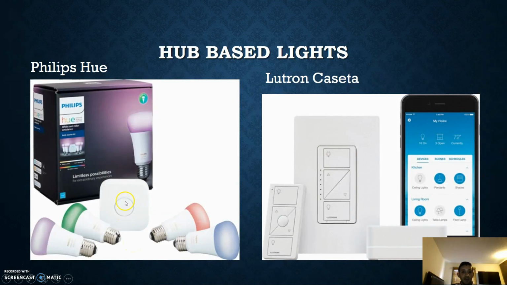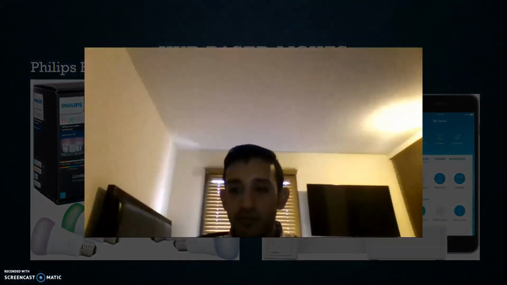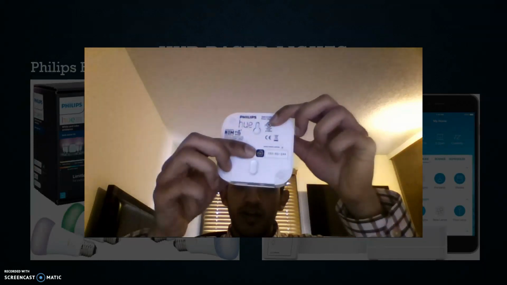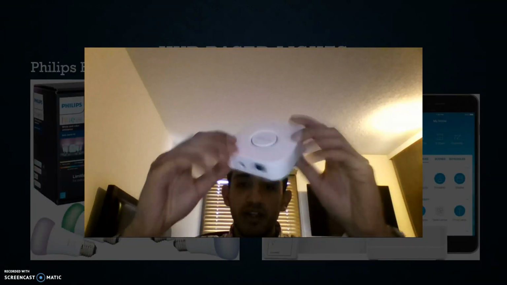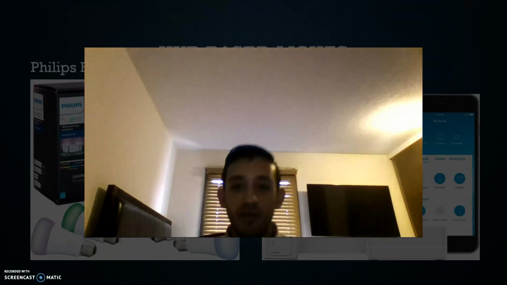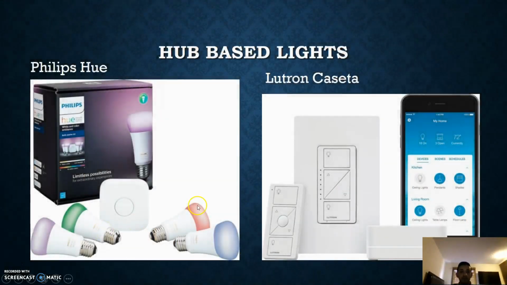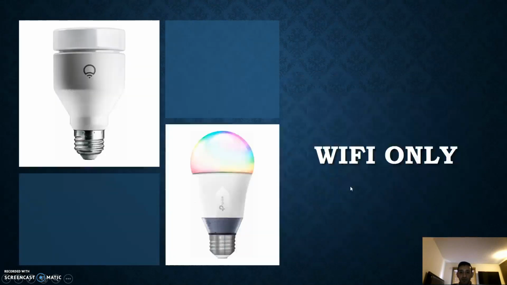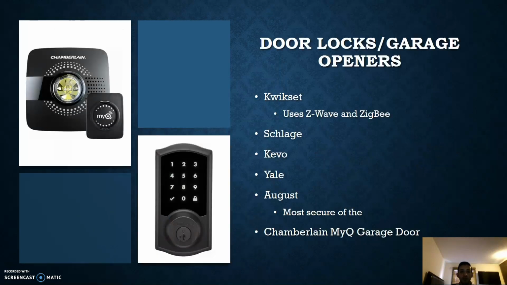As you can see, the Philips Hue comes with bulbs and a hub that connects, or the Lutron too. They both come with a hub that connects to the internet. The hub looks like it's just a cube like this, covering the hardware MAC ID as best as I can here. It's got an Ethernet access port and a power port, and that's pretty much all there is to it. And the bulbs will communicate with that hub. Wi-Fi only, these don't need anything. As long as you have a Wi-Fi connection, you're good to go.